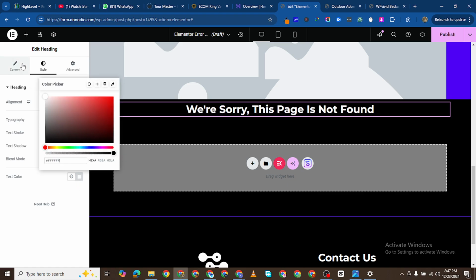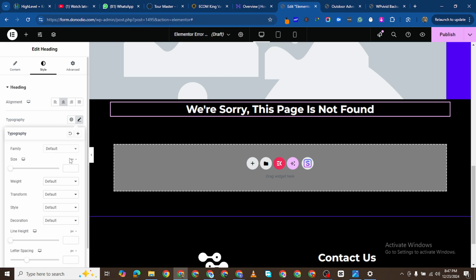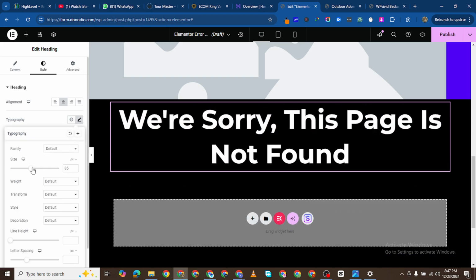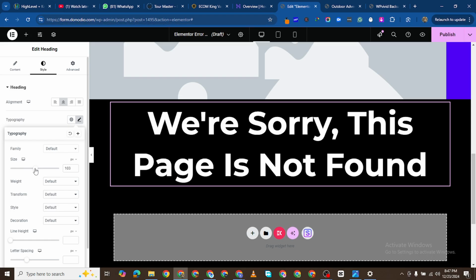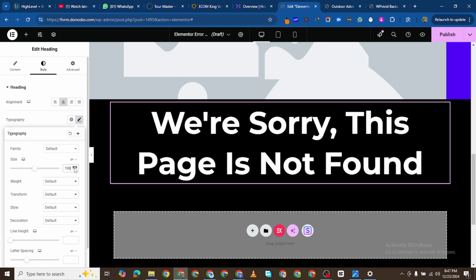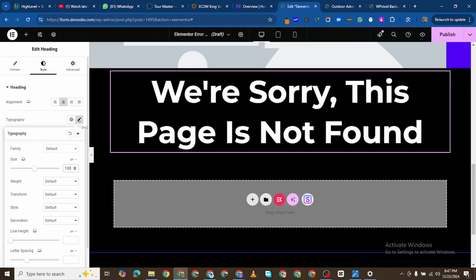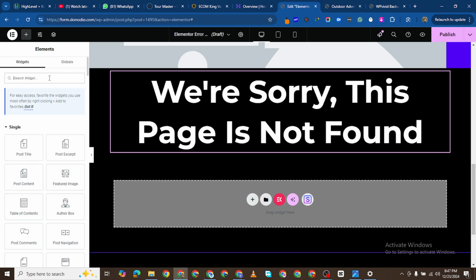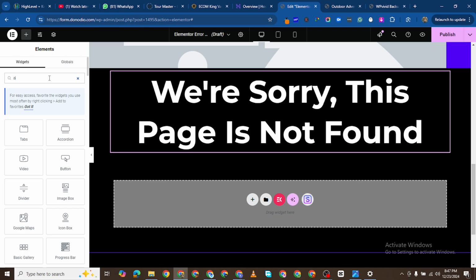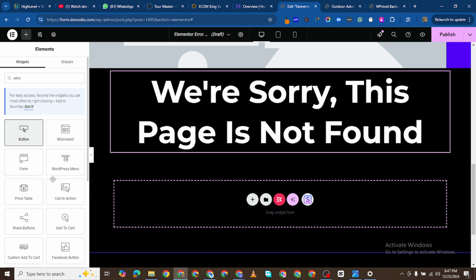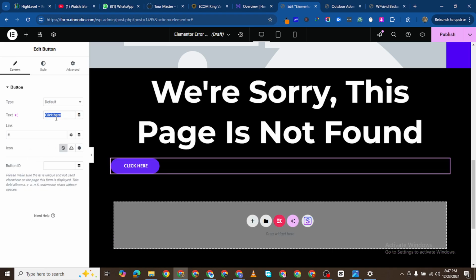I want to change the color to be white. Typography to be this, 100, and then you can add a button. You can add a button here which is going to say back to home page. Let's say back to home, and then you can put this home link here,